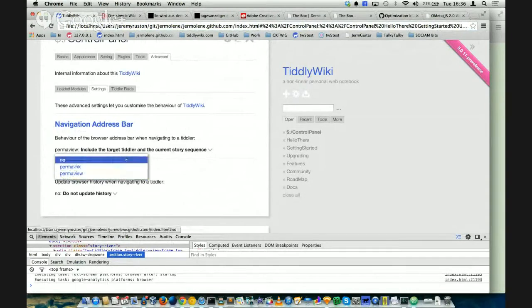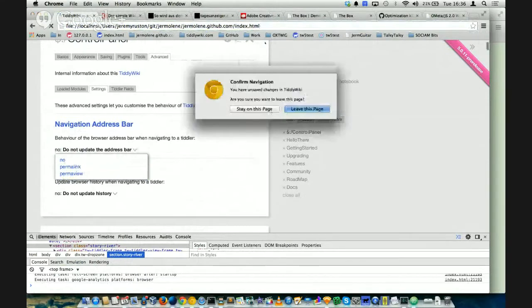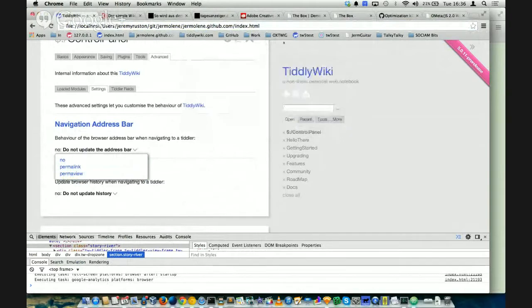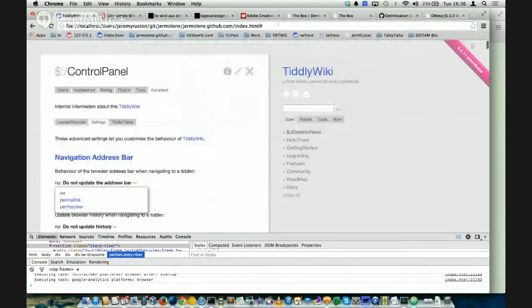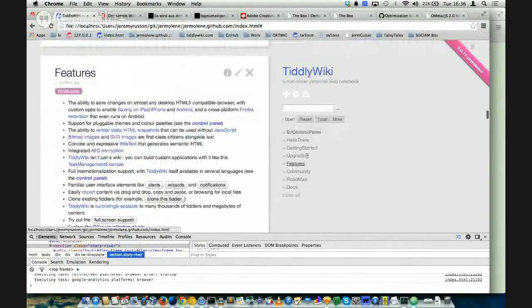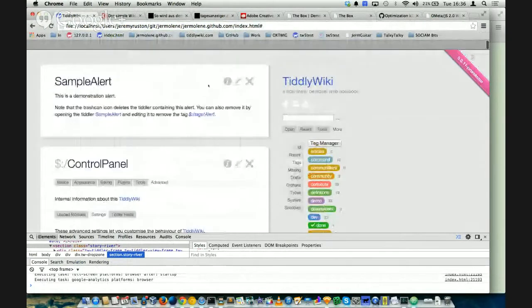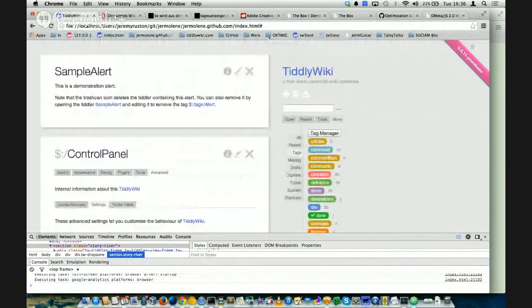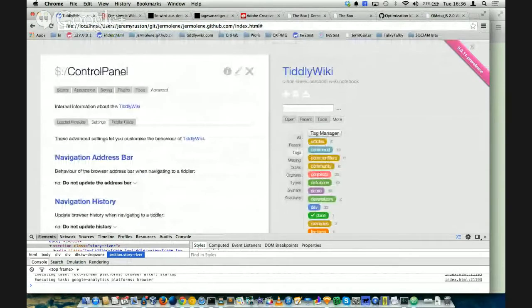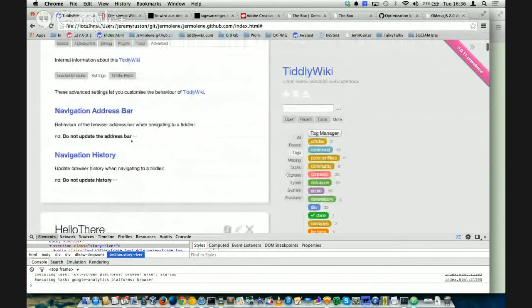And so if we put that on no, and then clear this URL, then it wants me to, sorry, clear it to that. And now as I click on links and indeed open new tiddlers, it doesn't update the address bar. And the other setting is whether or not history gets updated when we navigate. So if we set that to yes, the default is no,